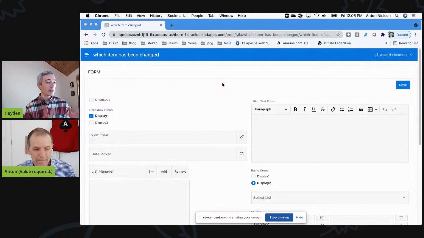Completely. So first off, I'll acknowledge that you can spare yourself this trouble by switching off warn on unsaved changes at the page level or at the item level. Yeah, but then I don't know what I changed. So I want the warning. I just want to know what did I change? So I have the solution for you.